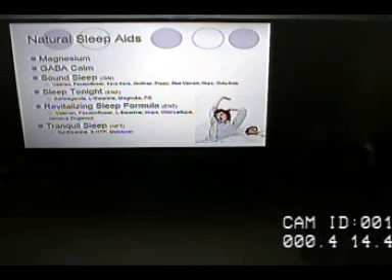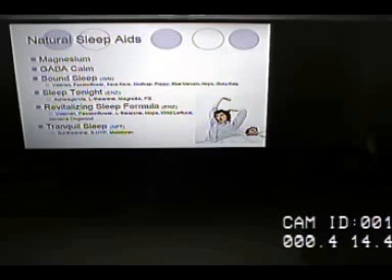And then there's a variety of other formulas out there, and we gear it towards whatever is going on. If it's stress-related, we would go towards a formula that was for stress. If it was hormonally related, then we'd go over here towards hormones and not towards a sleep formula.